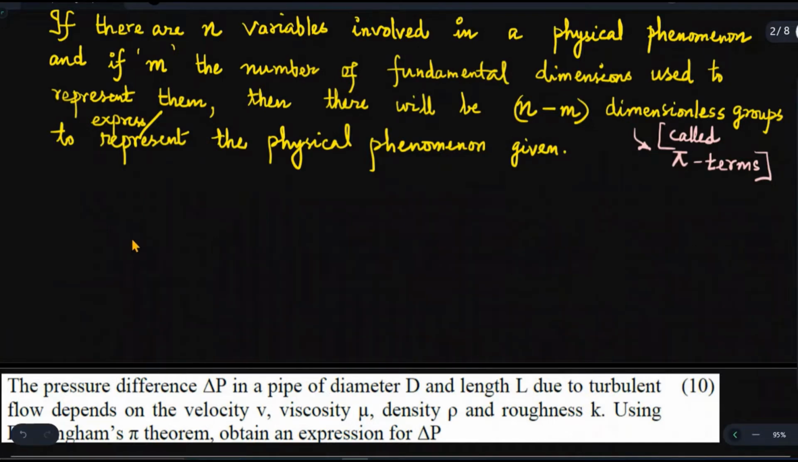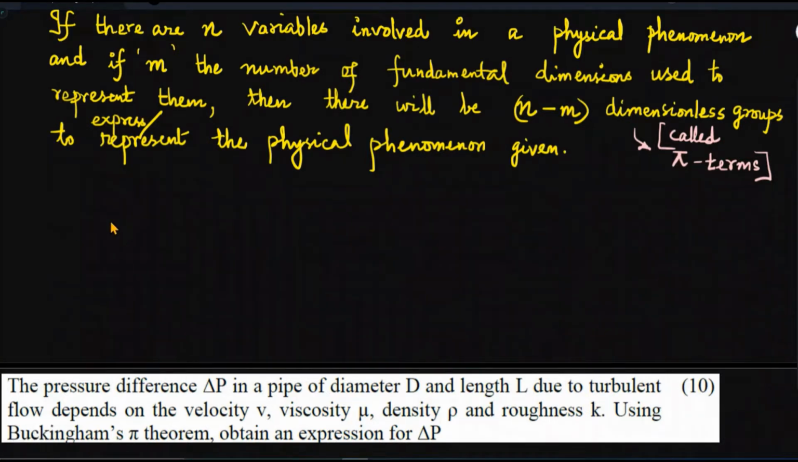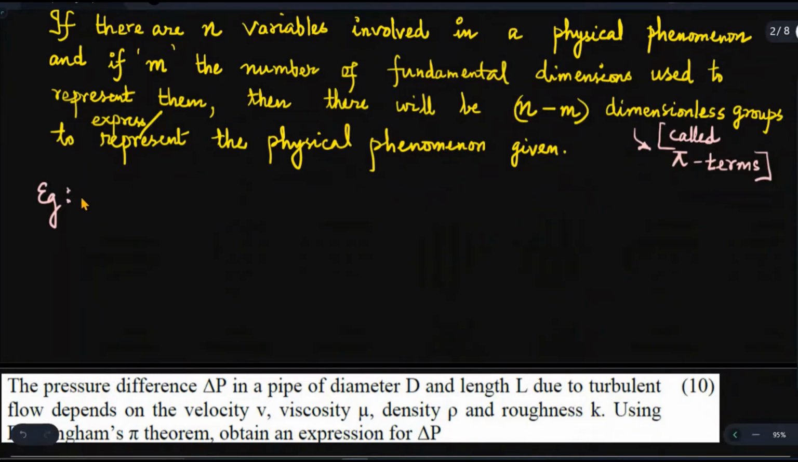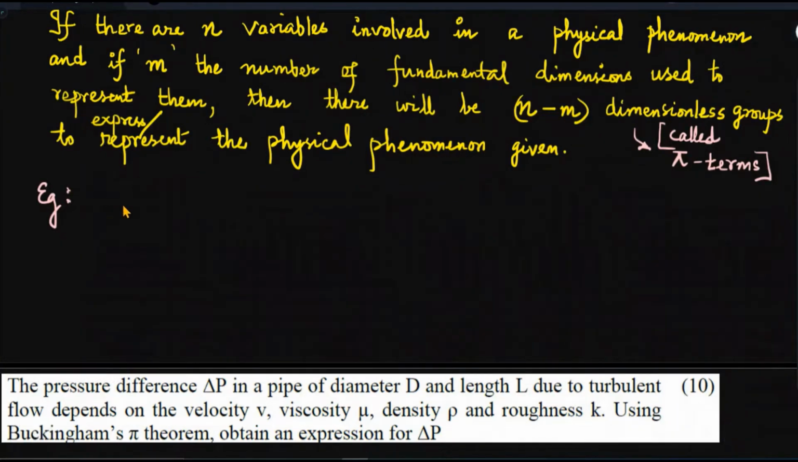Then the given physical phenomenon can be modeled like this. For example, let me give you an example straight away. As I told you, the pressure drop problem in a turbulent flow case through a pipeline. So if delta P is the pressure difference in a turbulent flow, delta P is a function of so many variables, a function of